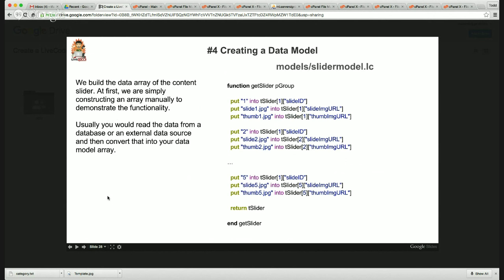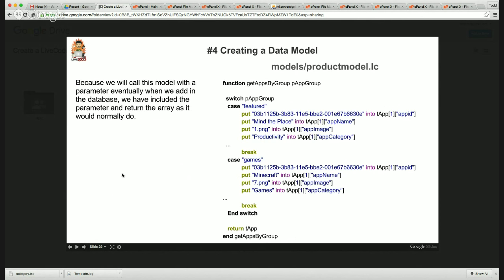What I'm really looking to do is put in the 3 things that we're going to need for the slider, which is your ID, your main slider, and your thumbnail. Okay. Now in your product model, essentially we're going to create a function that's called get apps